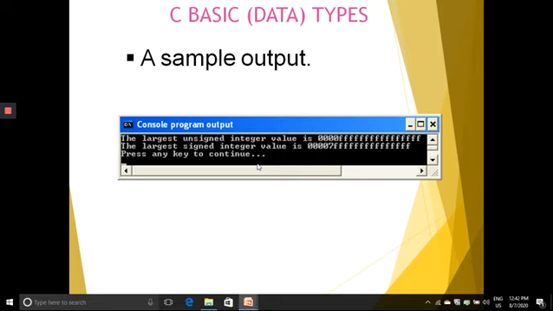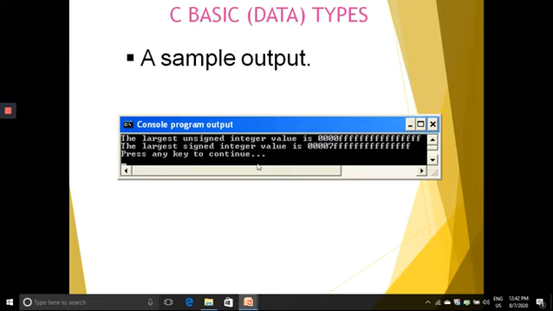If you look at the output, the largest unsigned integer value is the biggest number, and the largest signed integer value is also shown. The leftmost bit represents signed or unsigned. If it is 0, it means positive.